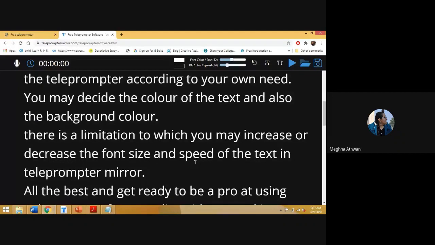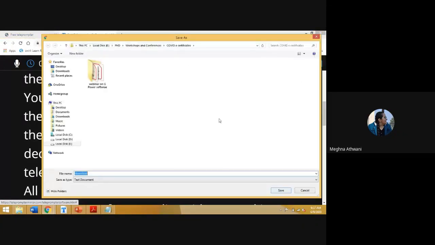It is possible when you rehearse again and again. So what do you do? You just click on this save button and you save your file.